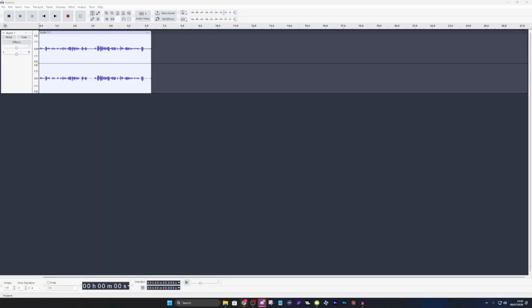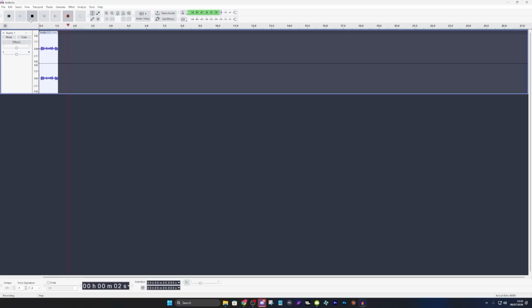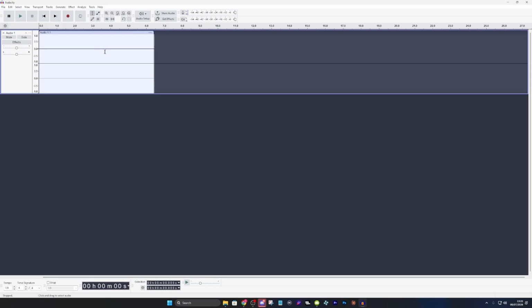Now, what you want to do is, firstly, we're going to strip the ambient room floor. So we're going to capture the noise profile. Before you start a recording, what you want to do is wait for like 5 seconds and just leave a silent gap. So we're going to do that right now. Basically, the reason we do that is because we're going to highlight this initial part, and then we're going